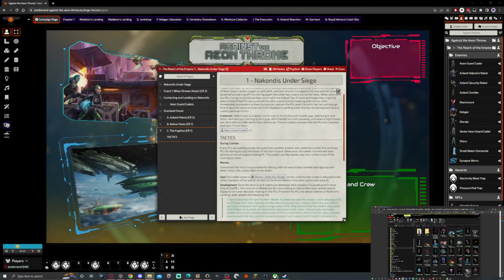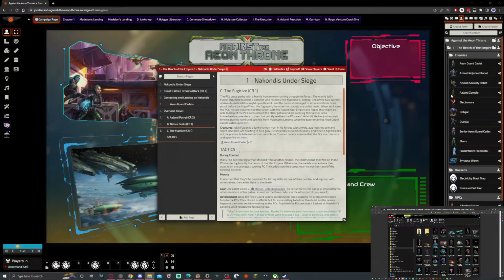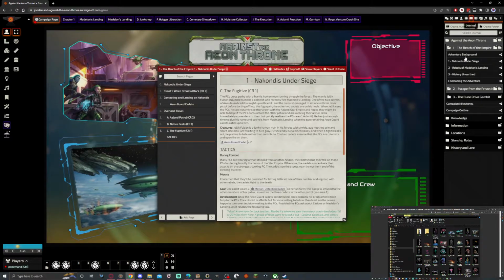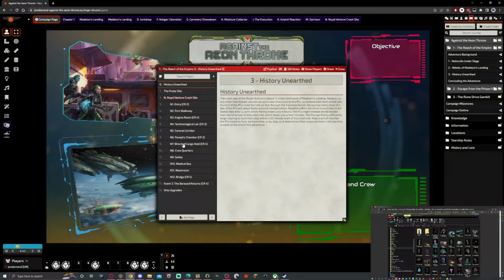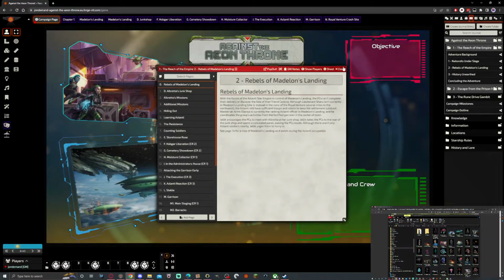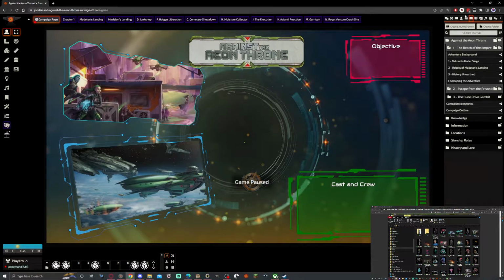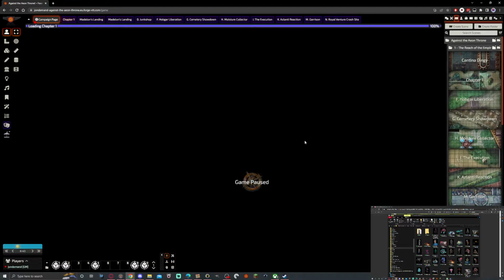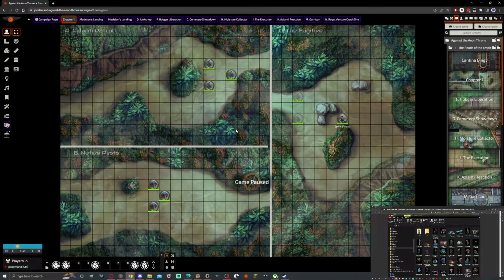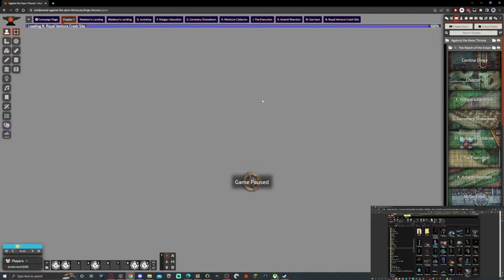So yeah, you can see I've put all of this information inside the journals, and that's for the entirety of book 1. Everything is in, all the maps are done, all the tokens are done, and everything's linked onto the maps. So you can see in chapter 1, the maps and the tokens are all there. Some of it's hidden, some of it isn't, all the way up to the very final map of the book,